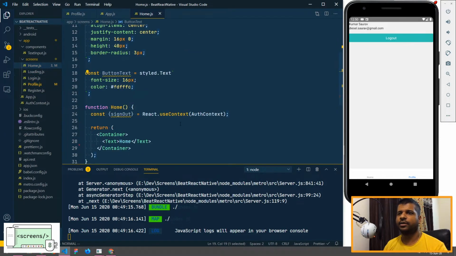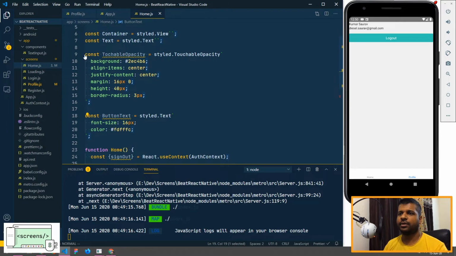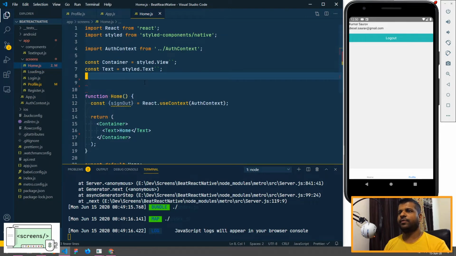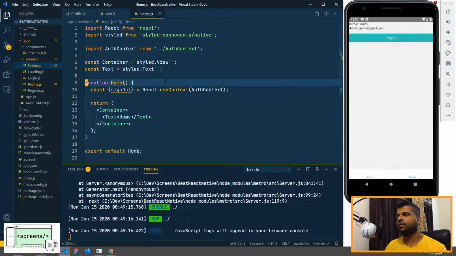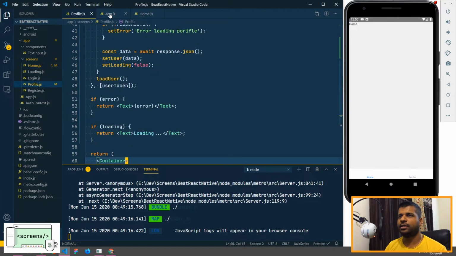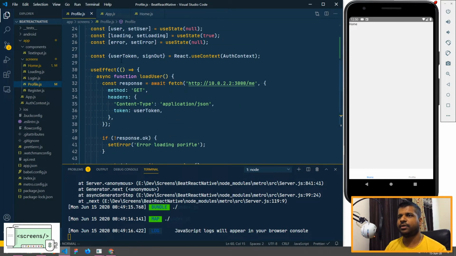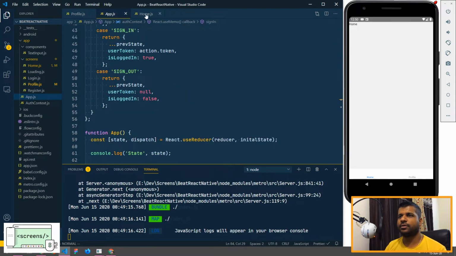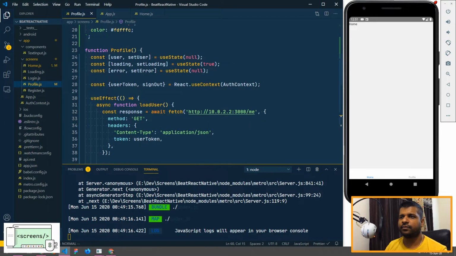So let's go ahead and move to home, and here we had, so let's get rid of this. Okay, so now on home we'll fetch the recipes from the server. In order to do that, I think we need to copy everything from, so I'll just go ahead and copy a bunch of stuff from profile.